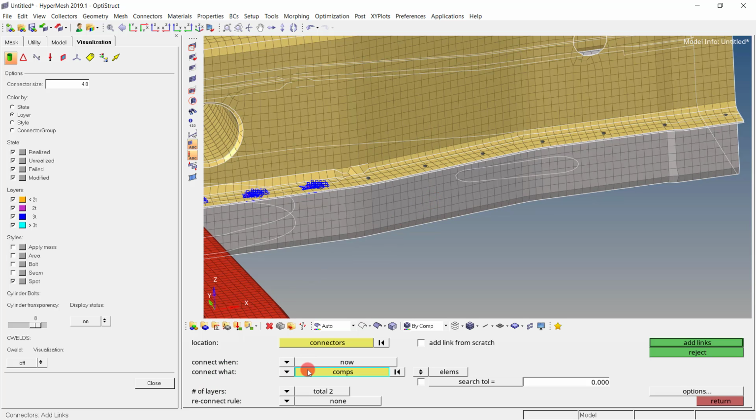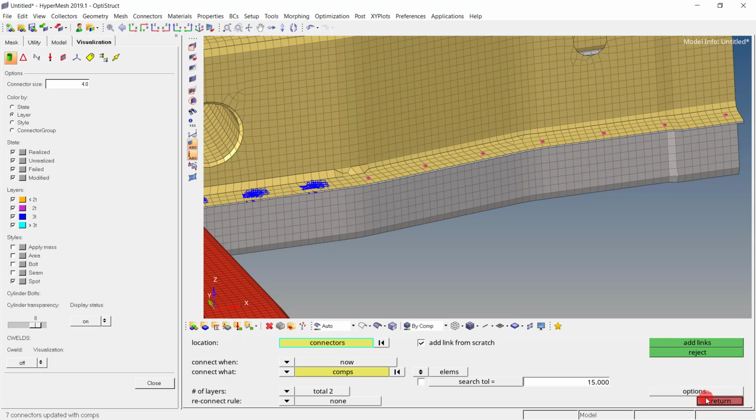Number of layers: since I am connecting 2 components, it makes sense to select total 2. And here this option is very important. Add links from scratch. Basically, whatever information that connector previously holds will get removed. So let me set it to add links from scratch. For the search tolerance, set it to 10 or you can set it to 15 also. And simply go for add links.